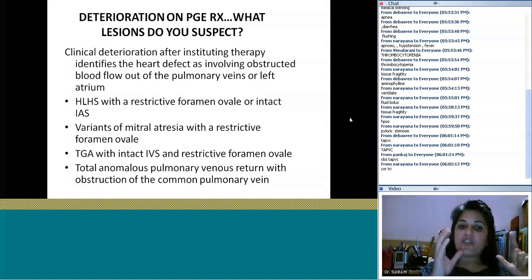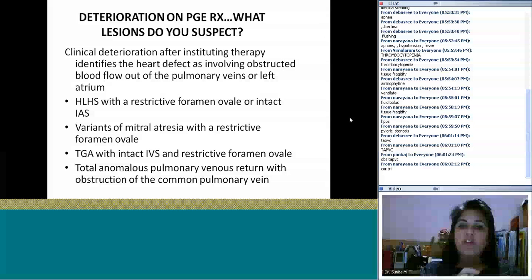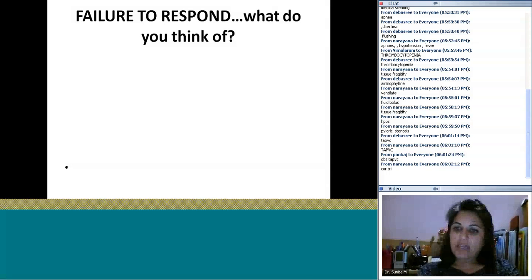Think of obstructive TAPVC, yes, and think of situations where you have a restrictive foramen ovale, so you're increasing your LA blood, but you are not actually affecting change with the prostaglandin. Now the reason TAPVC doesn't come into that is typically they won't present with low cardiac output. They're not duct dependent necessarily. They may have pulmonary venous obstruction. So the cases you would be starting would be where they're duct dependent. You increase duct flow and now the blood is getting stuck either at the pulmonary vein level or at the left atrial level. Okay, all clear on this?